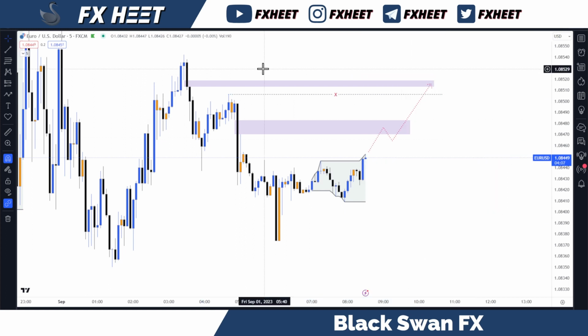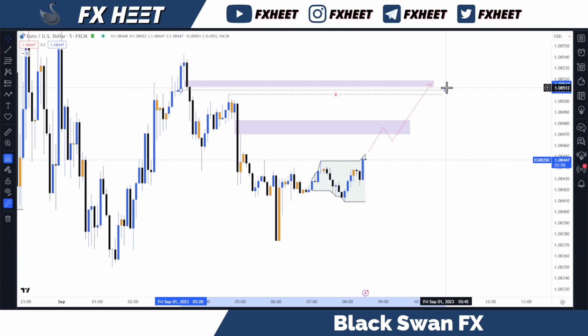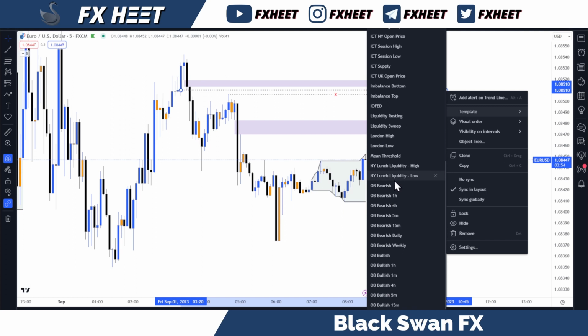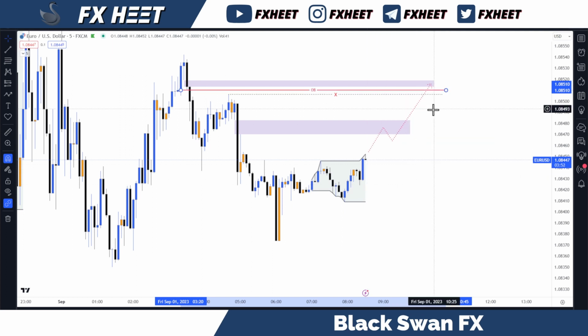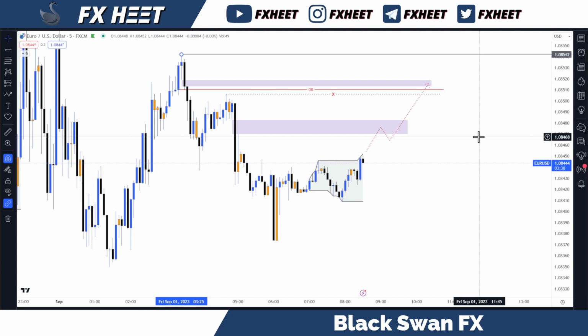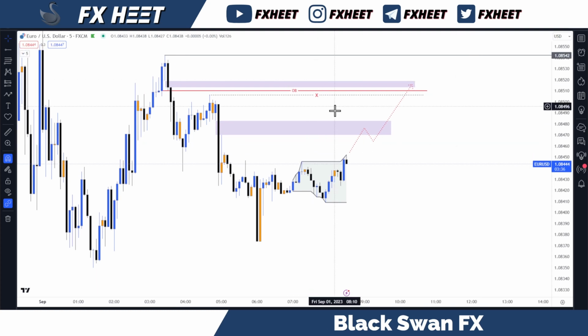And you need to be careful because yes, we have a clear fair value gap here, but everything above this is also an order block, so it could come deeper into the order block, potentially to the extreme. But for me, this should be protected, and I don't expect price to go above this high. It's not to say it can't happen, but the optimal scenario for me is to see